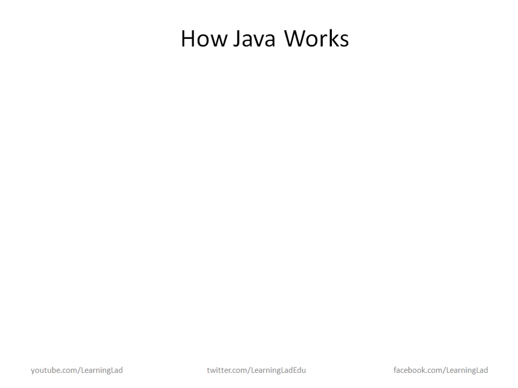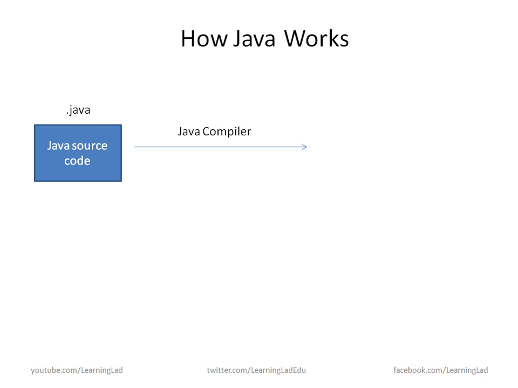So the next thing is how Java works, or the steps involved when you write a Java program and execute a program. So first we're gonna have the Java source code, and Java source code will be saved with the extension of .java, and then we're gonna use the Java compiler and compile the code and get the Java bytecode. So this Java bytecode is gonna have a .class extension. This Java bytecode is a modified version or the optimized version of this Java source code, and then we're gonna